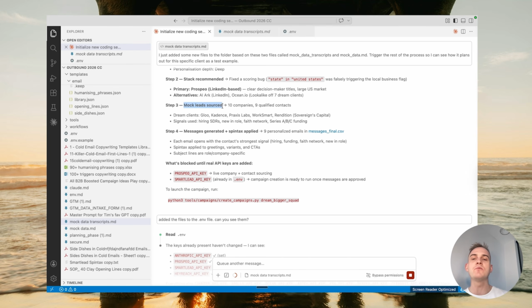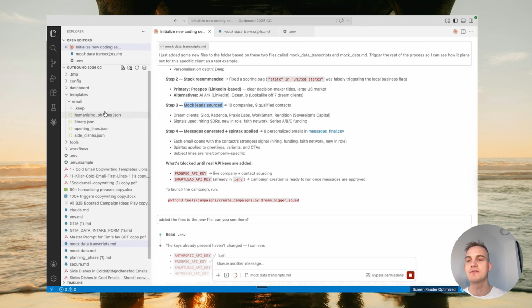Based on that, in some of the inputted files over here, one of the hundreds of different assumptions that we made was that typically we want to source around 20 to 25 contacts or companies just to have a rough idea of the quality of the sample data. And then if the first 25 records look good, we can go and find more contacts and more companies. So in this case, it came up with some dream clients that fit the ideal client